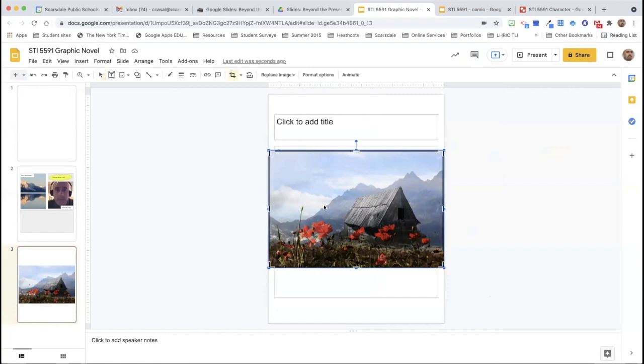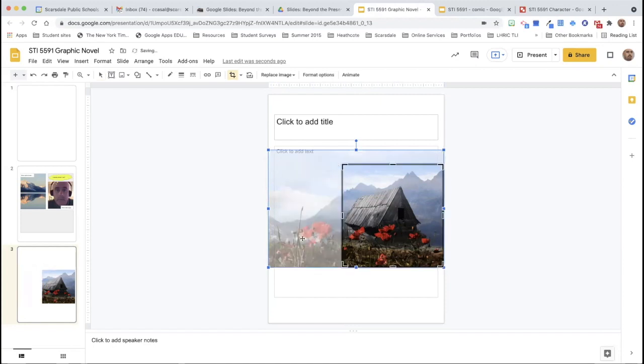If I double click on this picture, I then get this black inside the blue. Now they're not squares to change the size. Now they're brackets. There are little black brackets, or in the middle, there are just little black lines. If I put my mouse over the bracket, I get this little arrow. I press and hold, I can bring this in. Now, if I bring this all the way in, let's say just to the house, you can see that the picture is still there, right? But this particular set of flowers is now in the shadows,